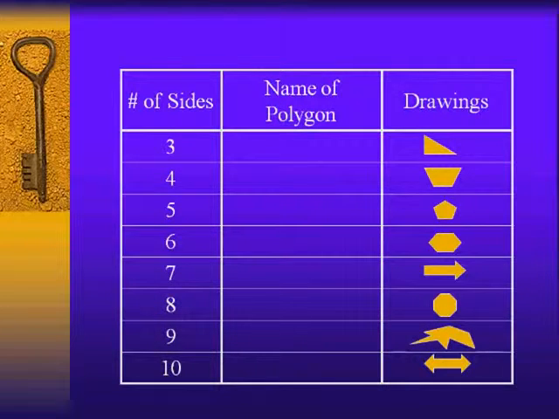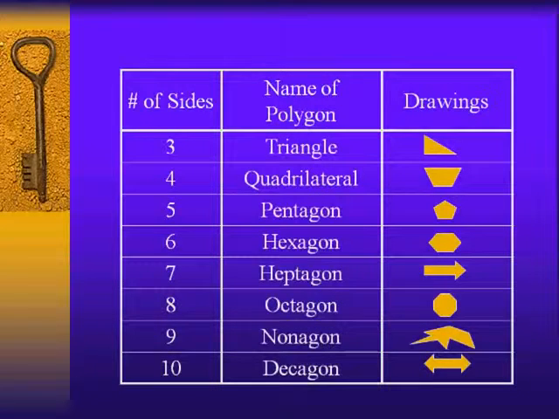Now for SOL purposes, we have to review and go over the three-sided shapes all the way through the 10-sided shapes. You should be familiar with their names from previous lessons and school years. Here's a review. We have the three-sided triangle, four-sided quadrilateral, five-sided pentagon, six-sided hexagon, seven-sided heptagon, eight-sided octagon, nine-sided nonagon,